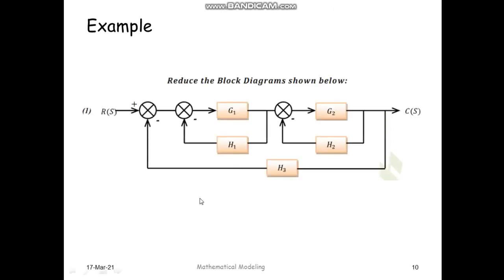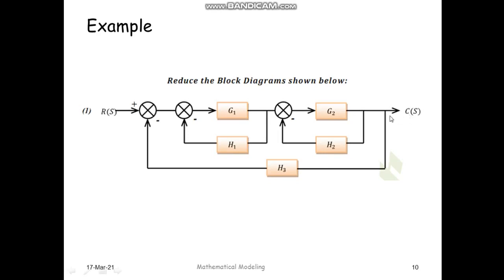Now you can see this block diagram representation which is shown here. Let us begin with an observation of this block diagram and try to understand the input, output and transfer functions which are connected in the forward line and reverse line respectively. Let me begin with the left hand side. R(s) is the input. Then you can observe there are two summing points connected in series. Then there is one transfer function G1, or one block, connected in the forward line. Then again there is a summing point and one block G2, and then there is the output C(s).